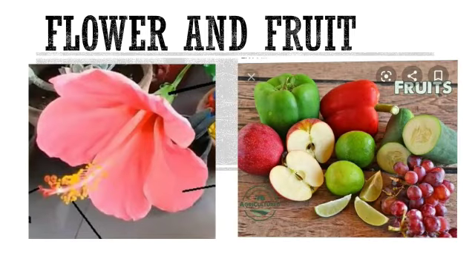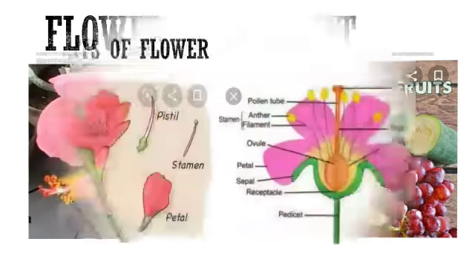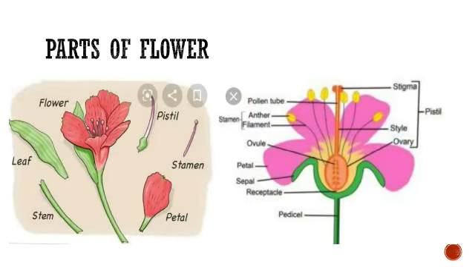In our second chapter, plants structure and function, we have learnt about the parts of plant, that is stem, leaf and roots. Now today we are going to start the next part of the plant, that is flower. We have seen many colors of flowers. They have different structures also. Students, do you know that in the flower also so many parts are there? Now today we are going to learn about that.